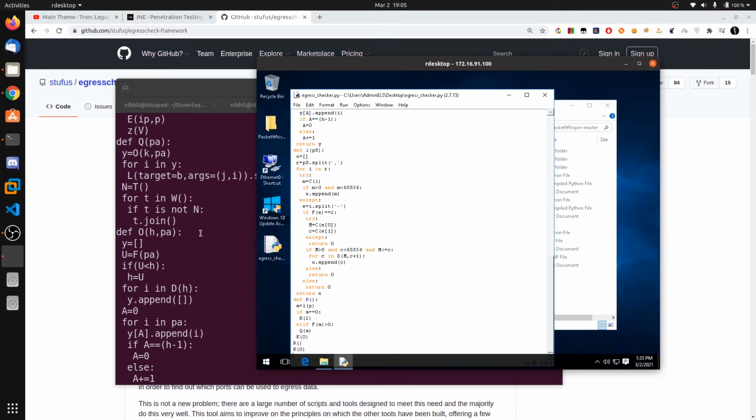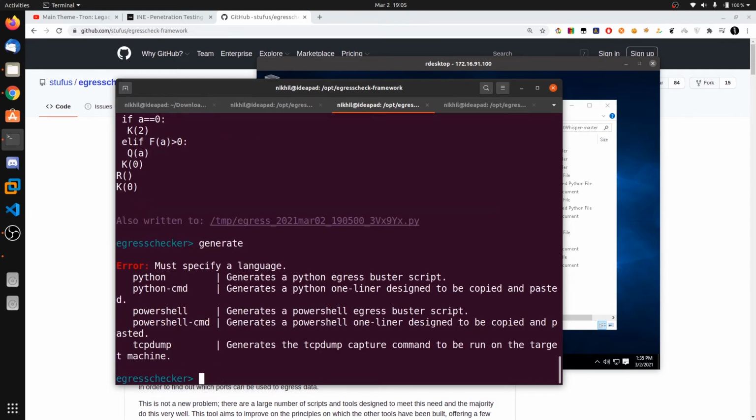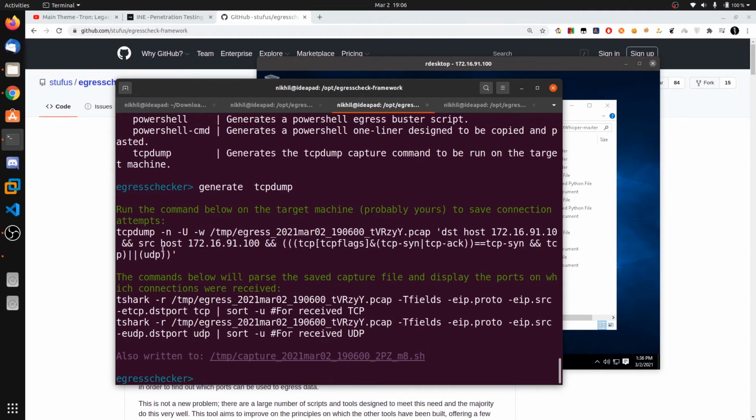We need to run this. Before running that file, we need to generate some tcpdump options. Generate tcpdump. Okay, these are the commands. So you can see the tcpdump